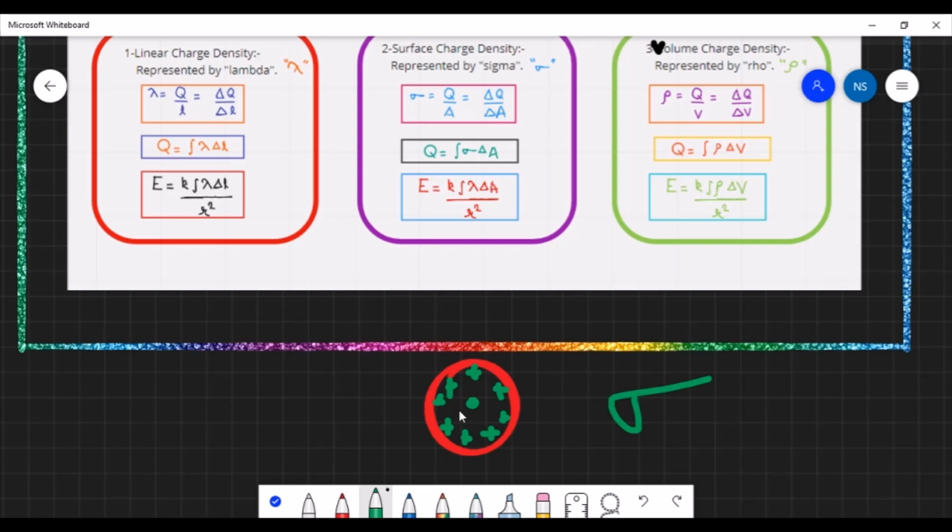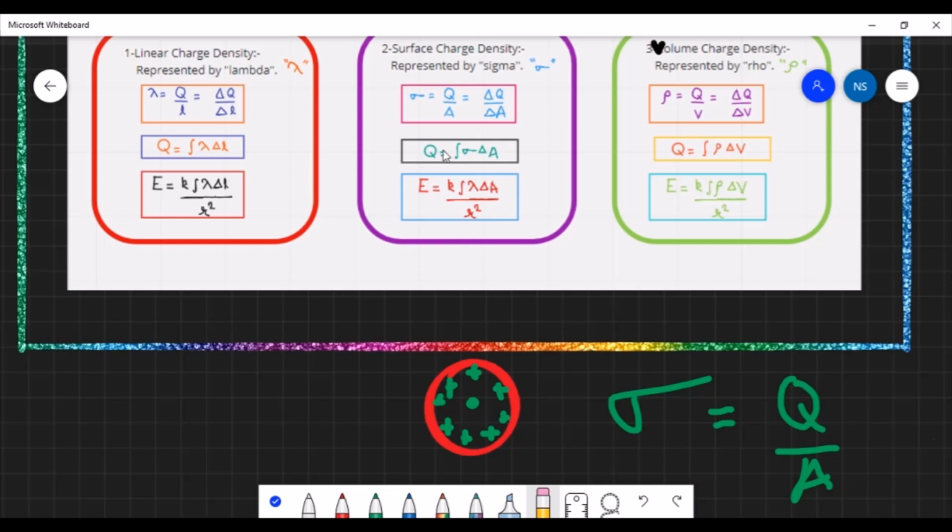Now a circle is a 2D image, so instead of taking length, we can just divide by area, so we get Q by area. Now we can have any shape, but we can understand more from a circle, so I have taken a circle. So instead of area we can write pi r square, which is the area of a circle. We can also write the area of any other shape, if that is given in the question. So everything is the same.